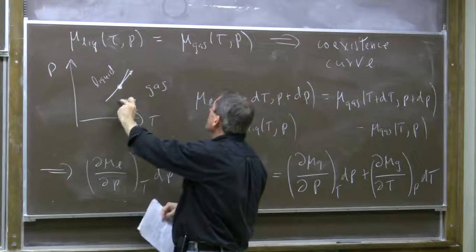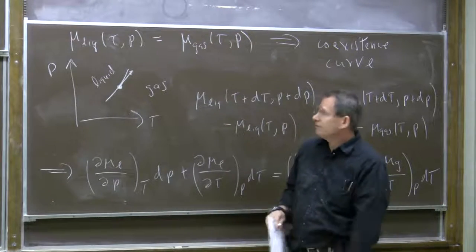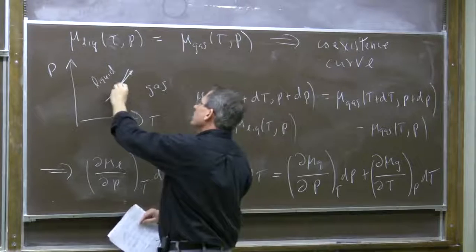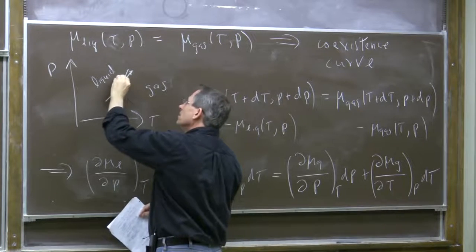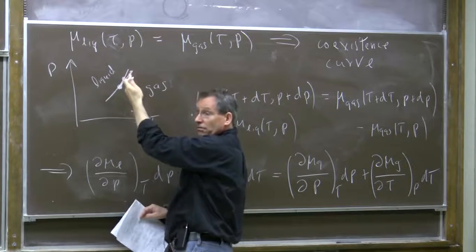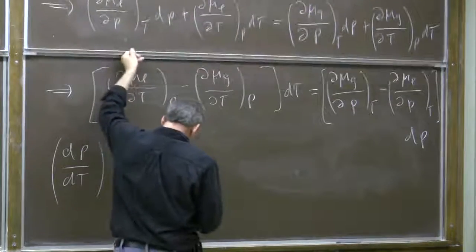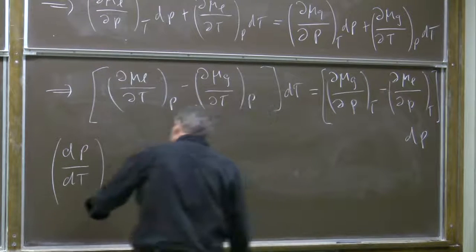The temperature and pressure vary. Both chemical potentials vary as a function of tau and p. So as I move along this curve, both are changing, but they're remaining equal. Right. Okay. So under phase coexistence,